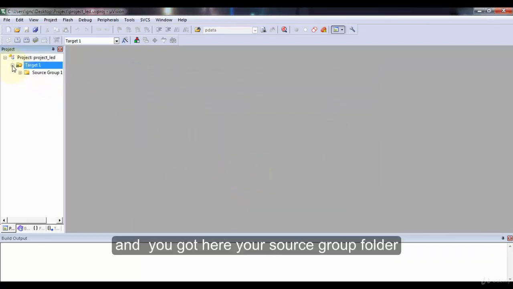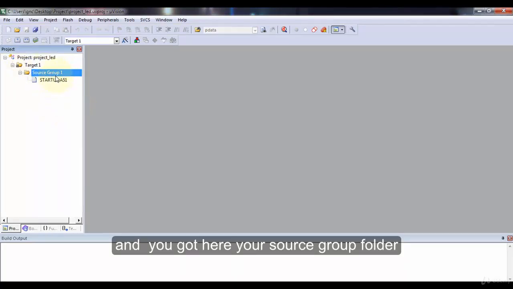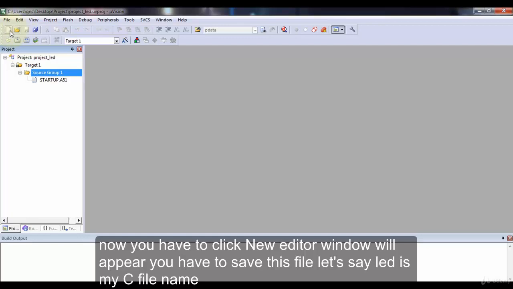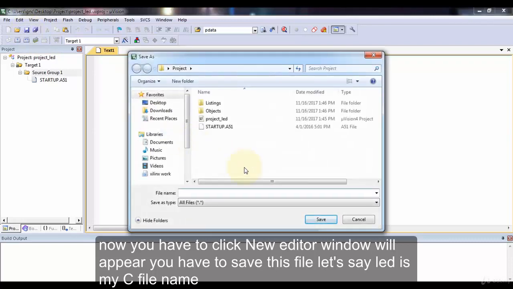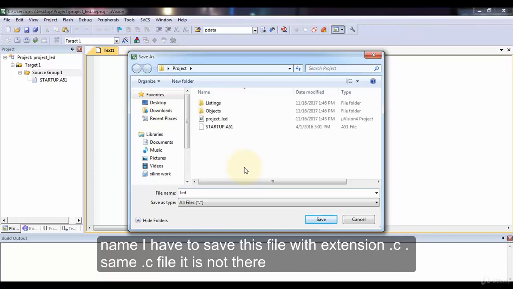Yes, and hence you got here your source group folder. Now you have to click New. An editor window will appear. You have to save this file. Let's say LED is my C file name. I have to save this file with extension .c.